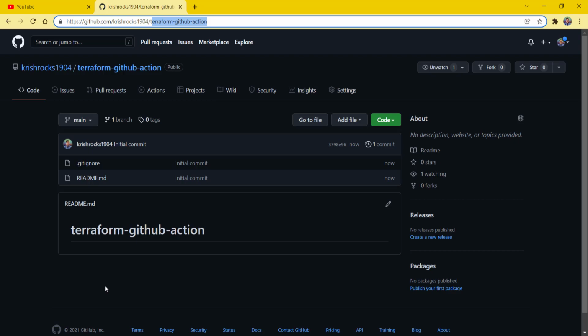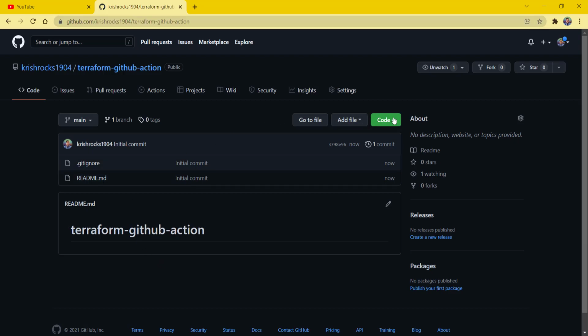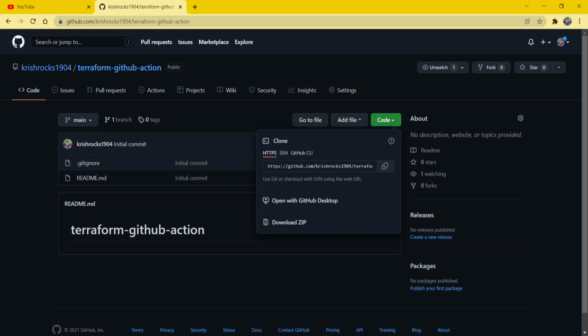Let's go ahead and clone this particular repository in our Visual Studio Code. To clone the repository, I can simply get the URL from this Code button. If you click here, depending upon the type of authentication mechanism you choose, you can clone that repository. At the moment, I'm going to use HTTPS, but if you want, you can use the Git CLI or SSH as well. So let's copy this URL and head over to our Visual Studio Code, and this will clone this particular repository.